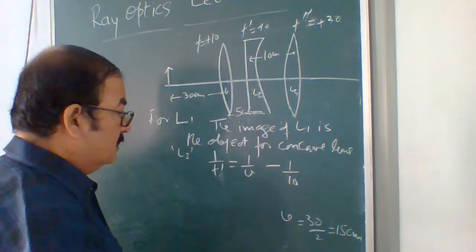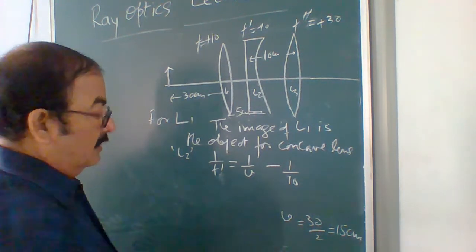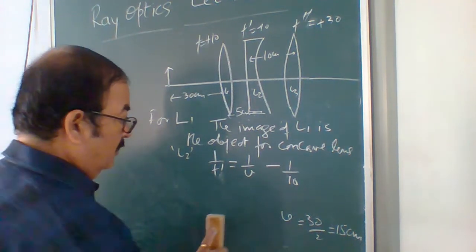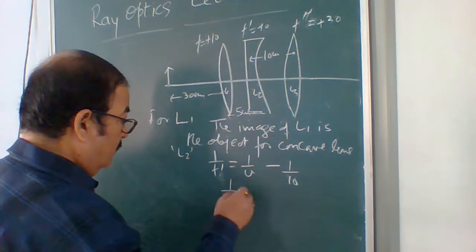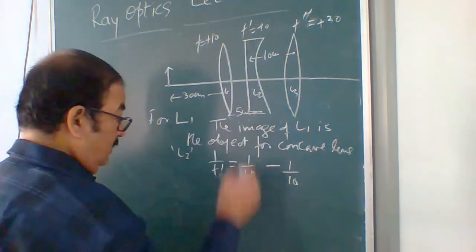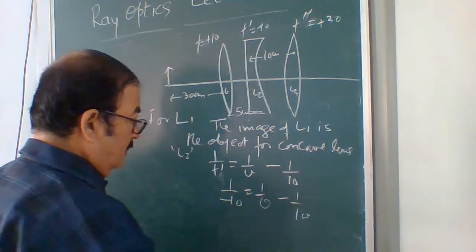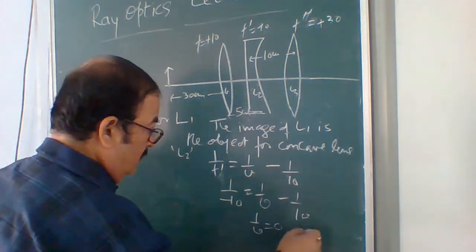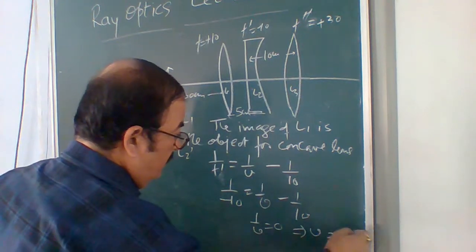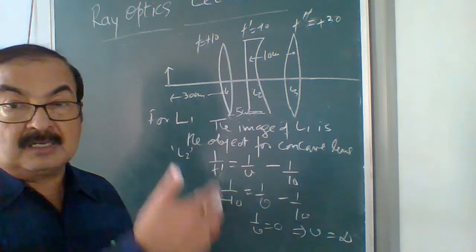And what about the focal length of this? This is also negative, ये भी नेगेटिव हो गया है. तो 1 upon v minus 1 upon minus 10, 10 कैंसिल हो जाएगा, तो 1 upon v is 0. v comes out to be infinity. तो इसका मतलब v कहाँ पे आ रहा है, इंफिनिटी में जाकर मिलेंगे.